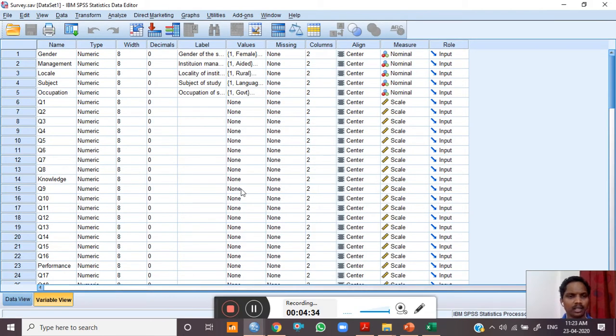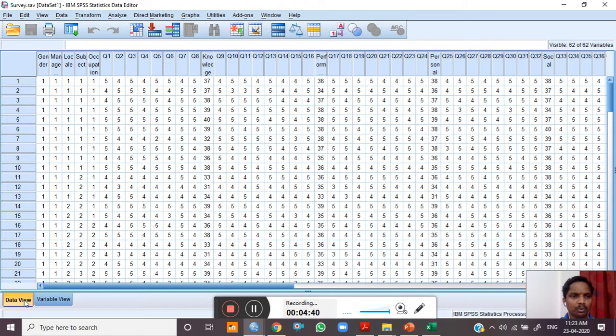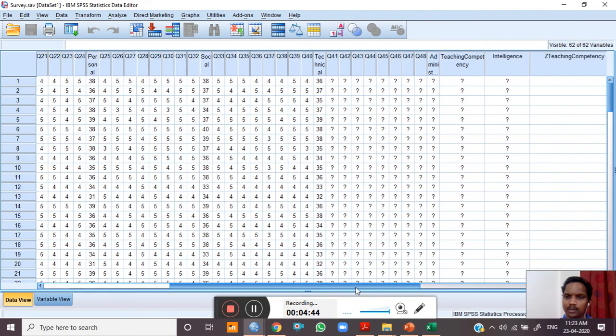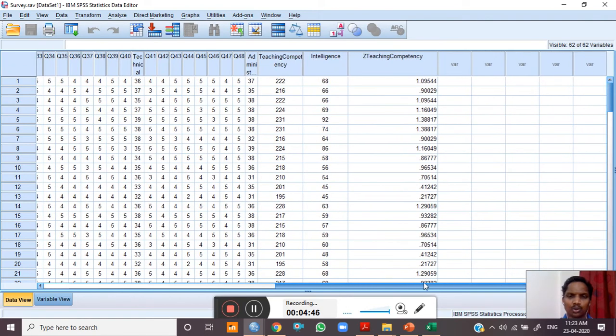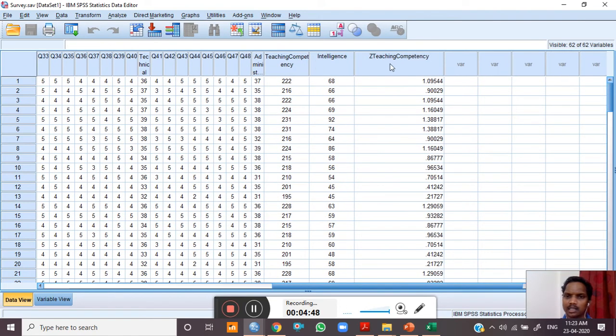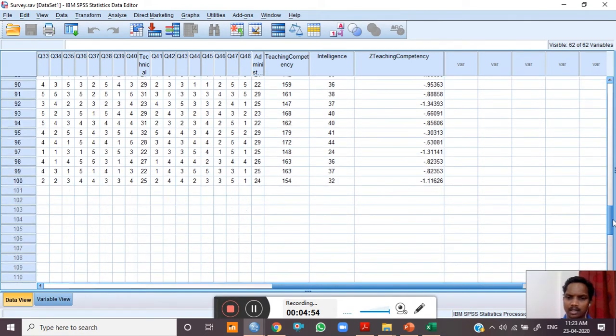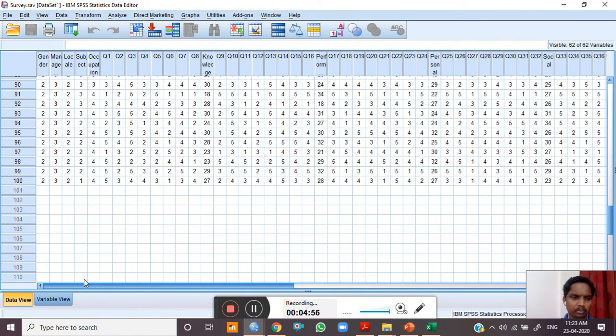This is the same file which we have used for calculating the rest of the statistics: variable view, data view, gender, management, everything. Then you can see all those scores, teaching competency and intelligence at the end. Then we had a set score calculation, and altogether we have 100 respondents in this study.